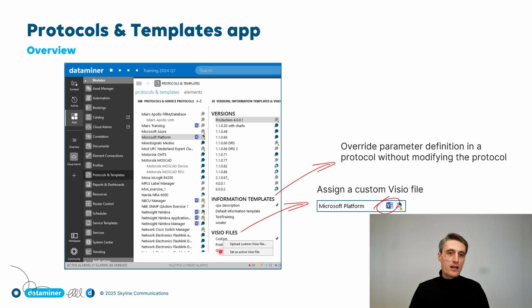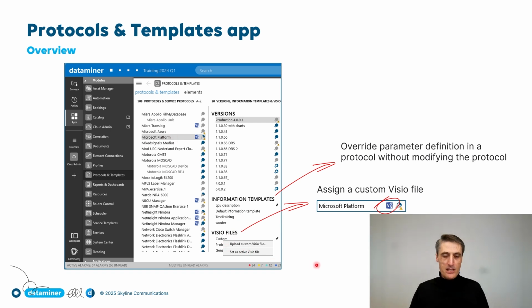If there is no one, then there is just a generic default to fall back to. We'll talk about Visio files in the configurator level 2. That's a graphical presentation that we want to create. So Visio files comes up later, but be aware that you can here associate with your driver a Visio file,